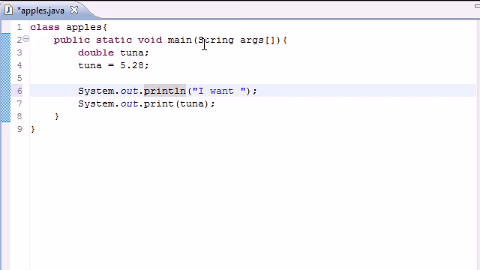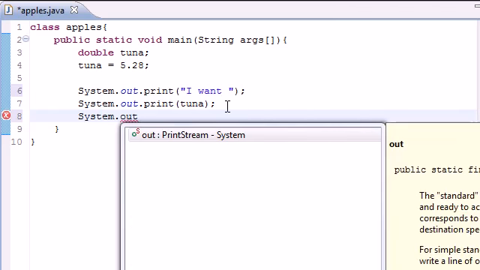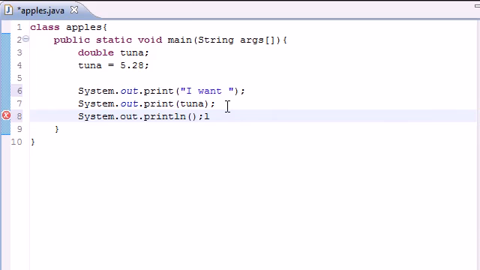Actually, this brings me to another point, which I will say right now. There's two different things, System.out.print and System.out.println. So let me show you guys what those do right now. System.out.println, and let's go ahead. So what's this saying right now? I want 5.28